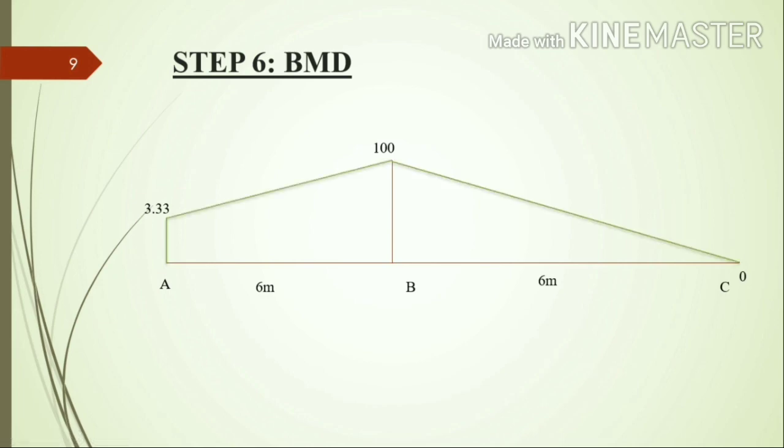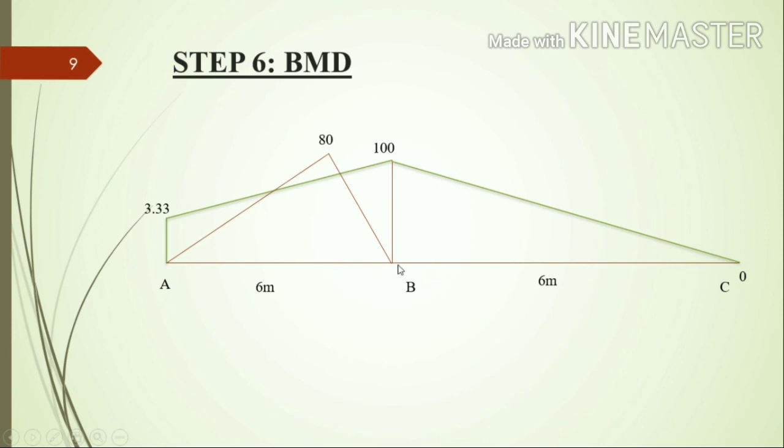Due to the external loads acting on the beam, bending moment is also there. Then mark the bending moment due to these external loads. Along the span AB, due to the concentrated load acting, the bending moment diagram will be triangular with a maximum ordinate of 80 kilonewton meter. Sorry, not at the center. Maximum moment will be under the load. So here the 80 kilonewton meter maximum ordinate will be under the load.